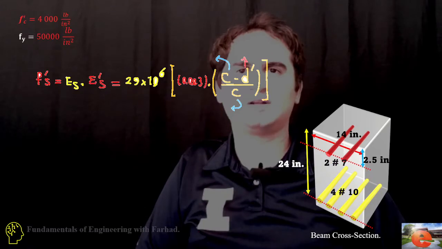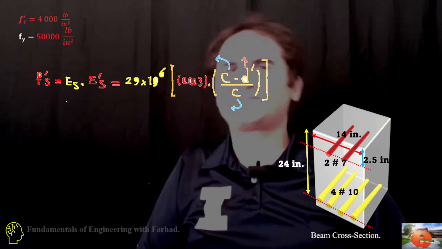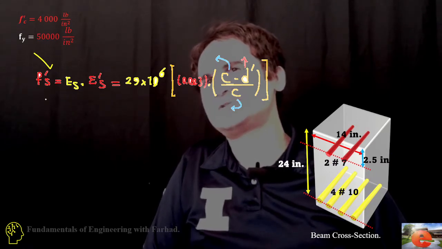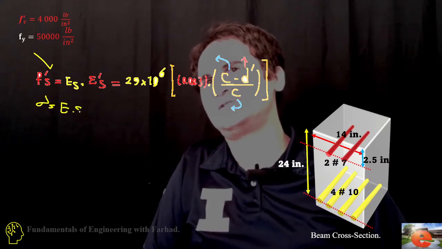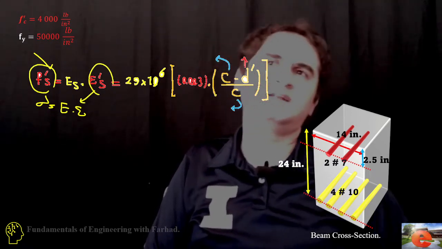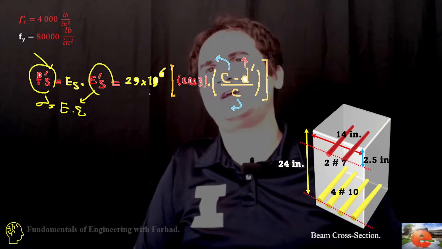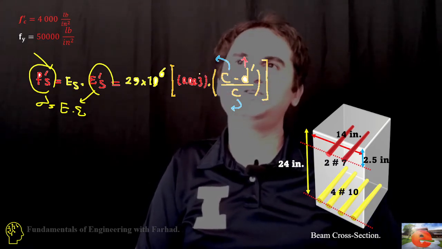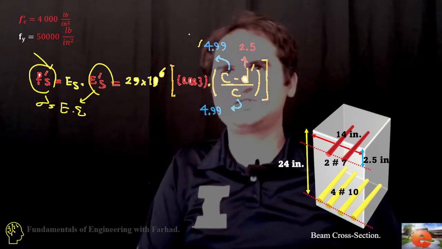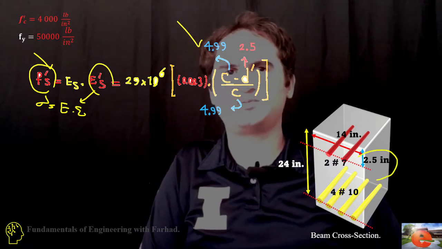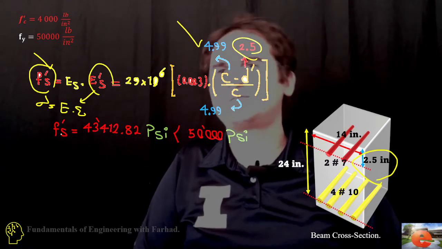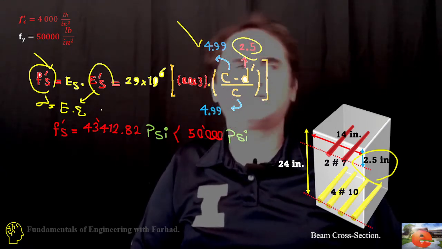As soon as we know what c is, we can replace it in the f prime s equation. That's Es from Hooke's law: sigma is E times epsilon, where f prime s is a stress. Es is 29 times 10 to the 6 times epsilon, and we replace c from our equation, which is 4.99, and d is also provided in the problem statement. If we solve the problem,